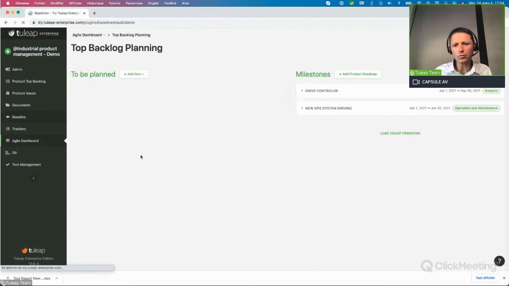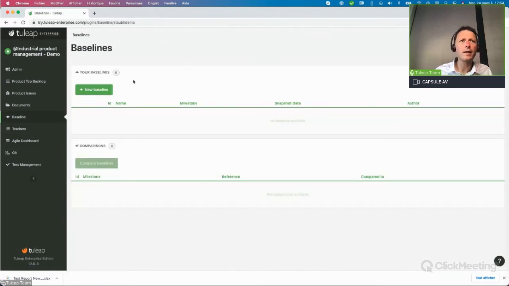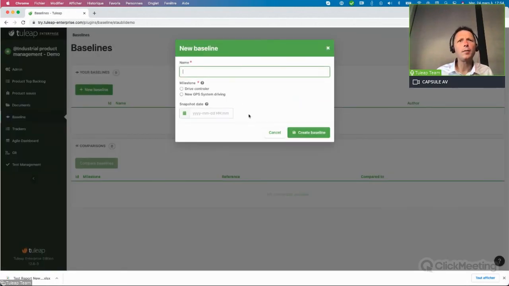This is the baseline too, because I didn't show you the baseline. The baseline is a snapshot that you take for your project. For example, your customer says, okay, that's great, you created a new GPS, but now I want to see exactly what the system management was inside. Okay, no problem. You do